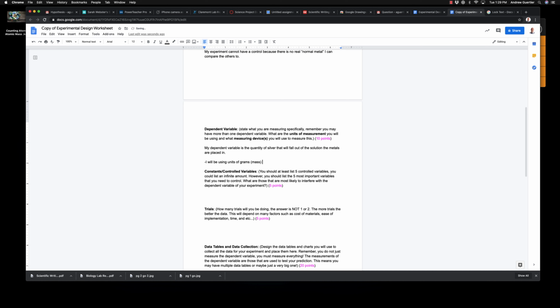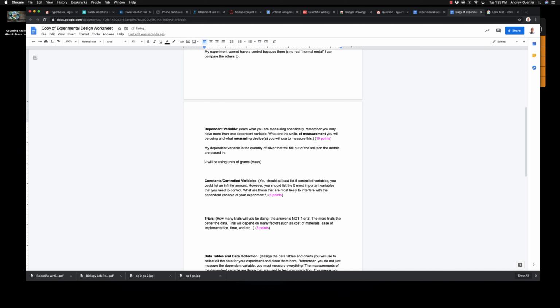Now, I'm going to be very specific again. I'm going to think about how this is going to work. We should be thinking about how this is all going to happen. My silver is going to be a little wet, isn't it? So what devices am I going to be using? I don't want to measure wet silver because that's going to not just measure the mass of the silver, but wet silver. So first, the devices I'm going to be using